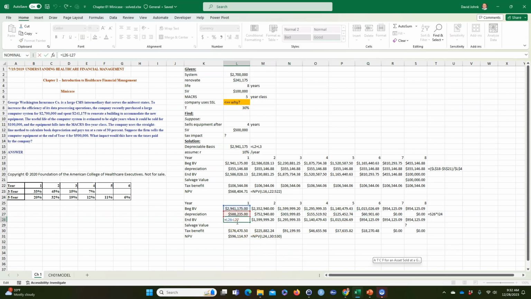And then it calculates the ending book value the same way, right? And I see why, since I have it sideways, see how I went to that one, and then I went to that one. That's why I wanted to move it sideways, because it's much easier. All right, and then the salvage value. Well, the salvage value is $100,000 again. And the tax benefit, well, the tax benefit here, now you can see,